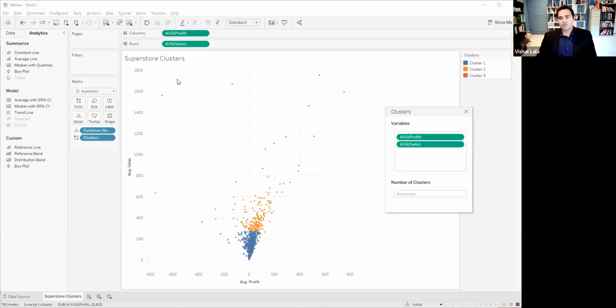And so as soon as you drop profit and sales on here, you get your cluster analysis results coming out. So we have basically, as you can see in the visual, it looks like we have 3 clusters. Cluster 1, 2, 3, and